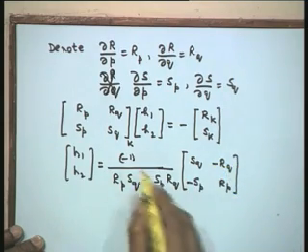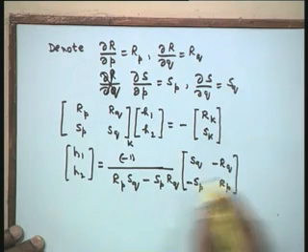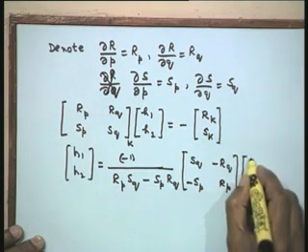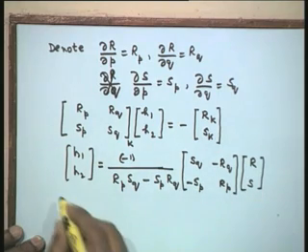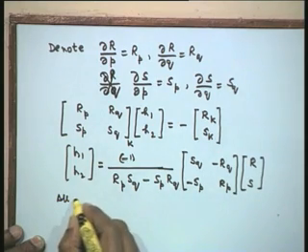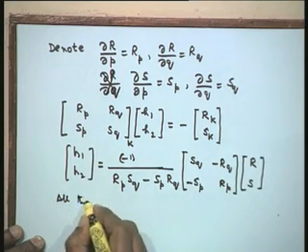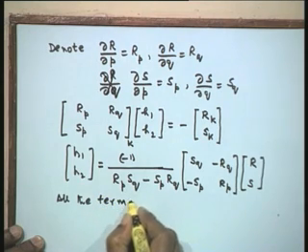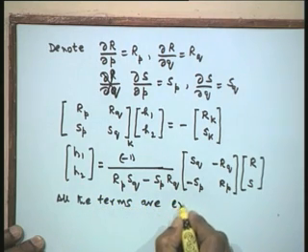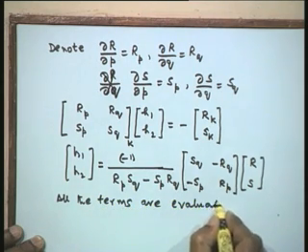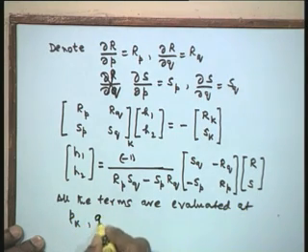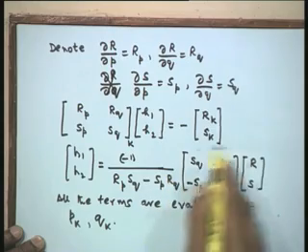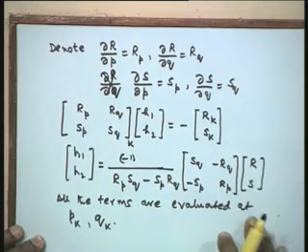So this is the inverse of this 2 by 2 matrix, and this is multiplied by r and s, all evaluated at k. So all the terms we are evaluating at p k and q k.